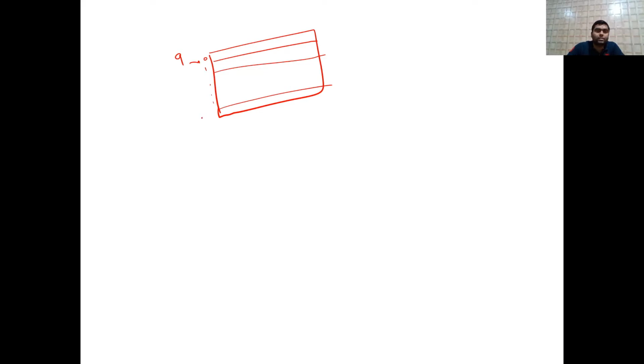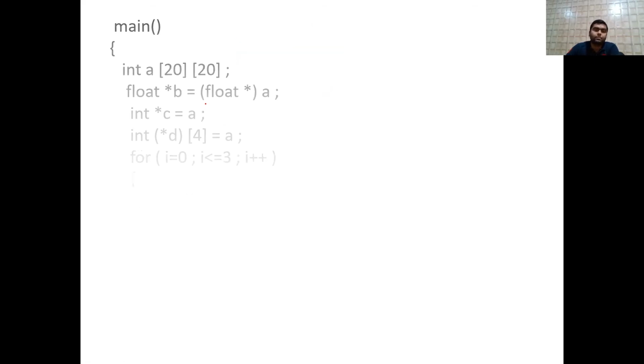Means array A, a 20 by 20 array will be created like this. So this happens like this is what? 0, 1 and so on. So the last row index is what? 19, and similarly it is 0, it is 1, and the last index is what? It is 19. So 0 to 19. So this is similar to that, now what is the impact of the second statement?